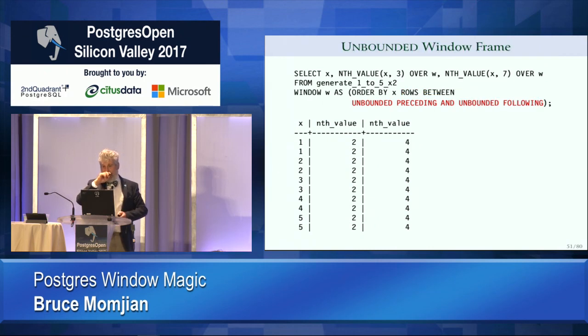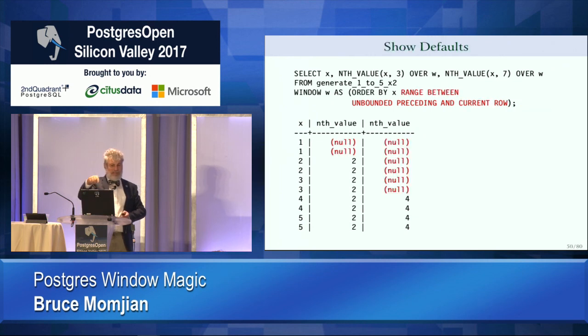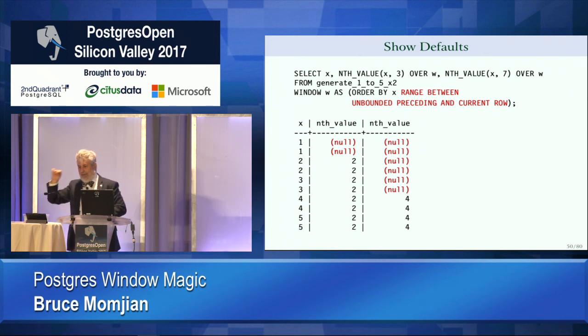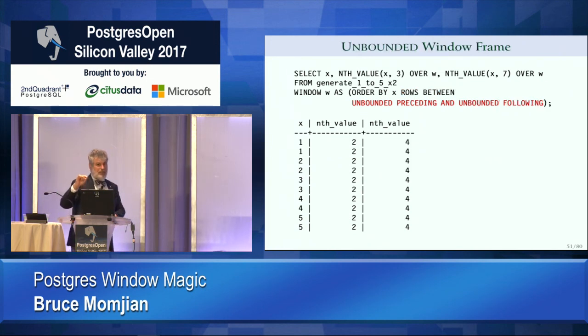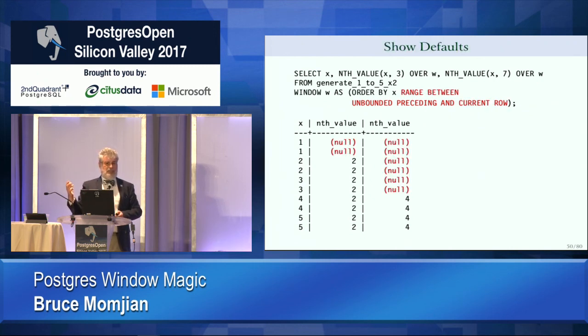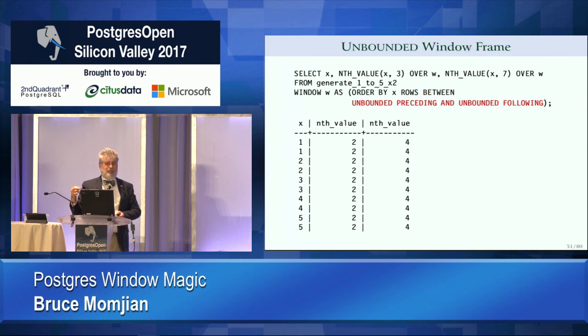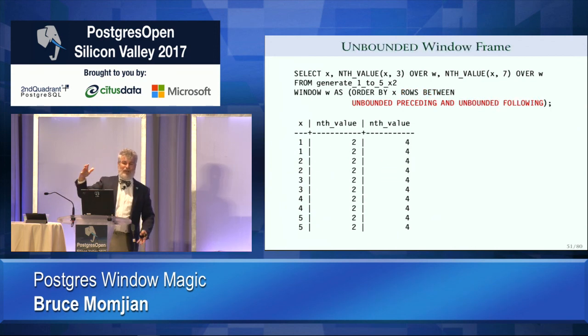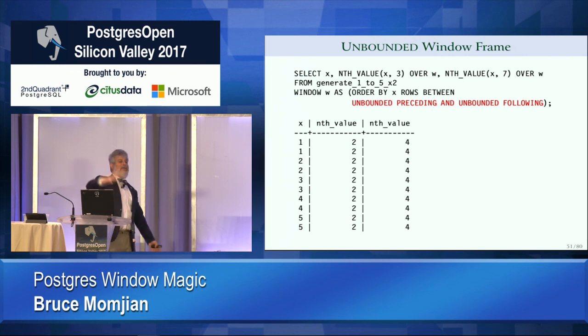Here's another one. Now remember, this one is kind of crazy. This is unbounded preceding to current row in range mode, right? We get that. We understand what that means. When we switch to rows mode and we do unbounded preceding, unbounded following, somehow it knows all the rows are there. Like, how did that happen? Okay? It's because we've defined the frame as being the entire data set now.